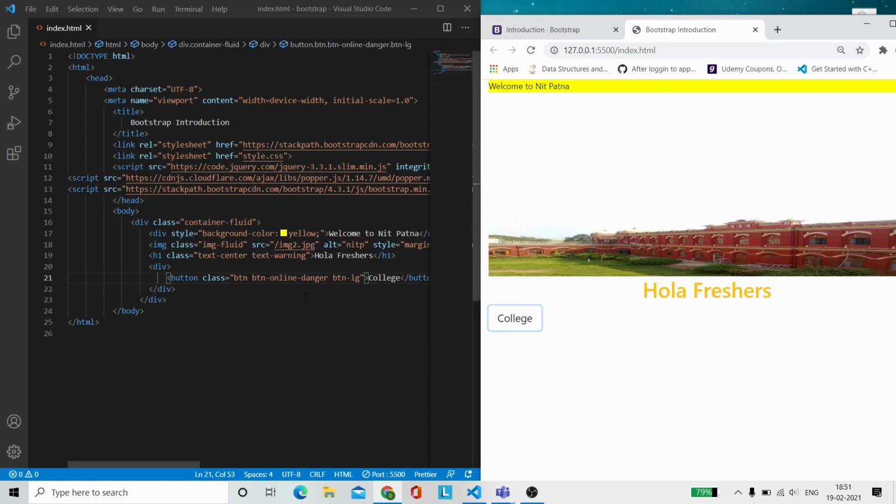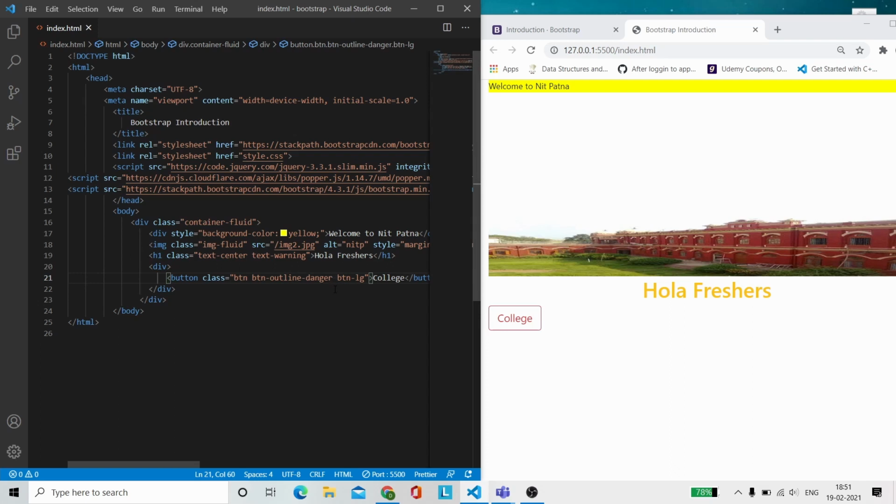Okay, btn-outline, I'm sorry. So as you can see, now it is having a boundary of red, and when you hover, it has this effect. That effect is implemented using only a single class.